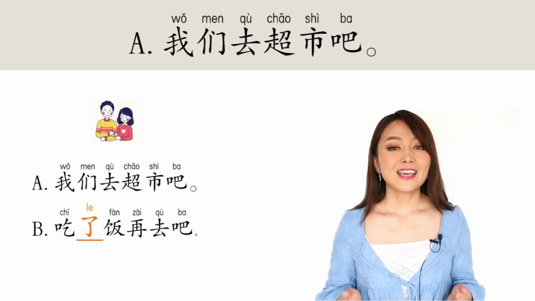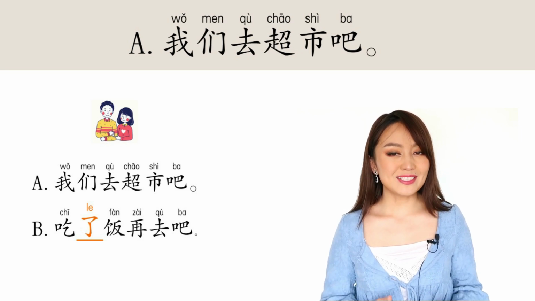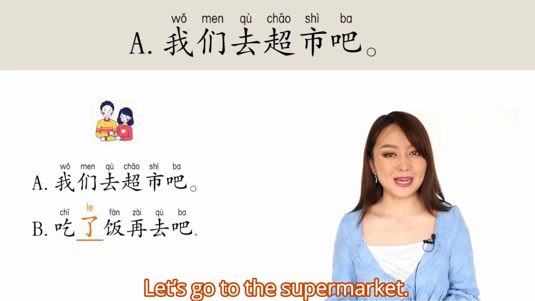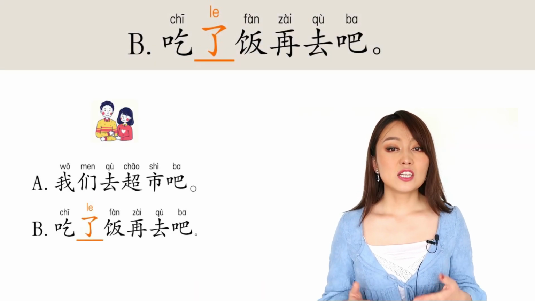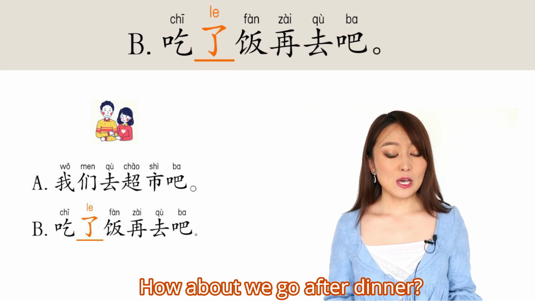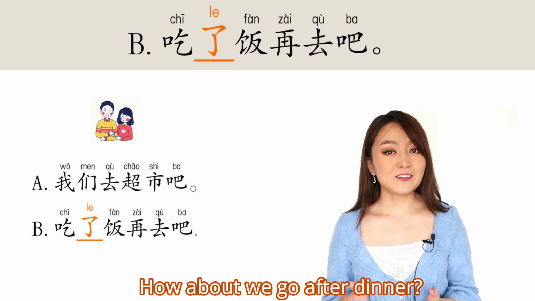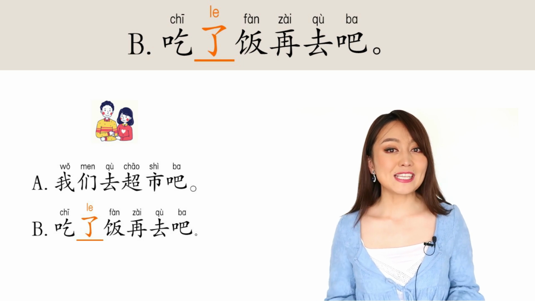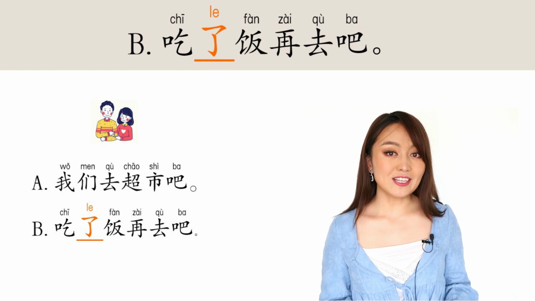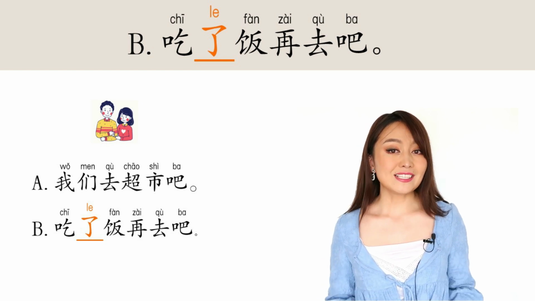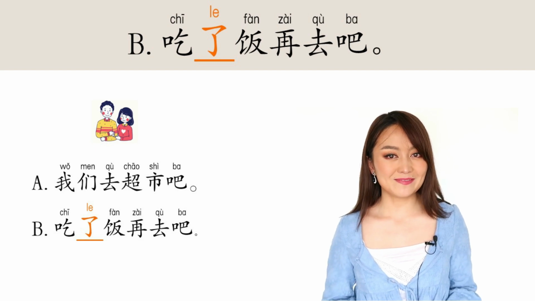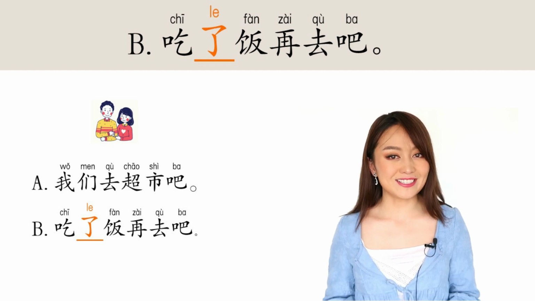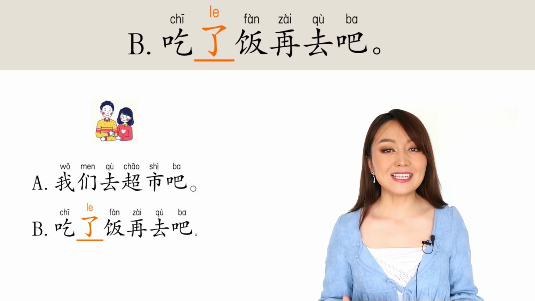Okay, first conversation. A says, 我们去超市吧。Let's go to the supermarket. And B says, 吃了饭再去吧。How about we go after dinner? You see, we put 了 after 吃, to eat, to say after dinner, that is when the action of eating dinner is completed. It's not for past tense because they haven't eaten yet. It's for an act in the future. But we can use 了 to indicate the completion of the action. 吃了饭再去吧。